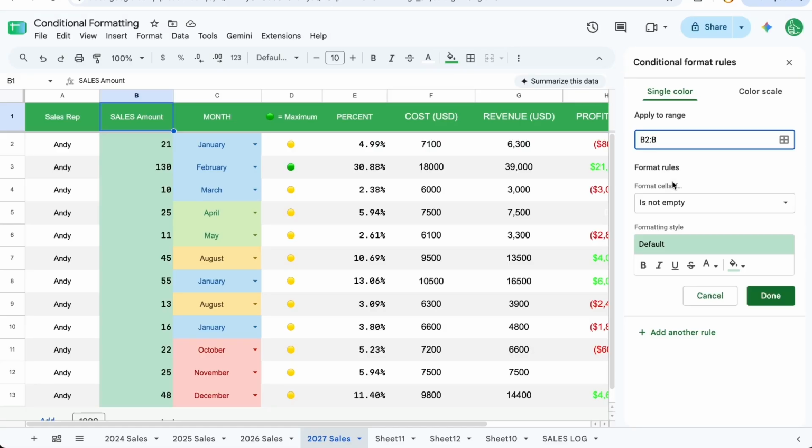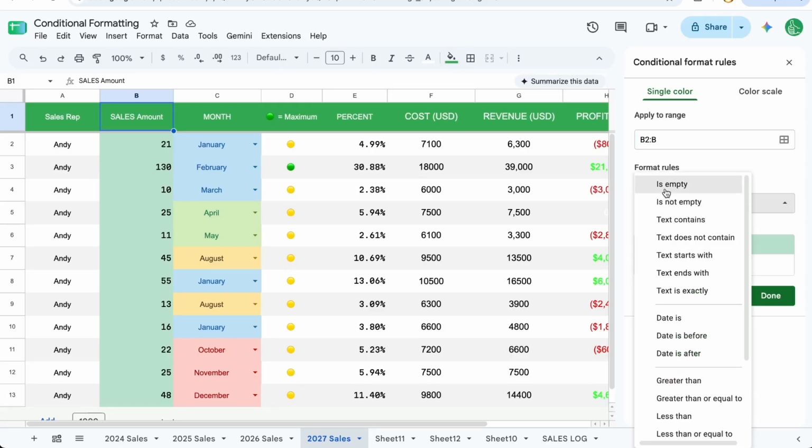Choose a range, select it, and then you can also edit that range. The next is we have some rules. Now, the rules are going to be the main brain of your conditional formatting. And you have a lot of options here. We have text exists or doesn't exist, if the cell itself is empty or not empty, if it contains some kind of text. So like if you're looking for the word marathon